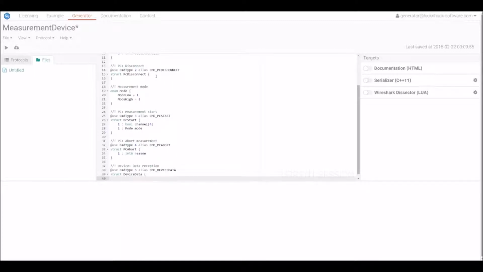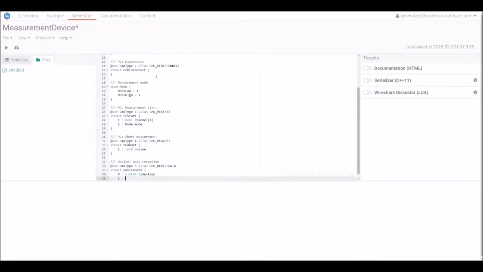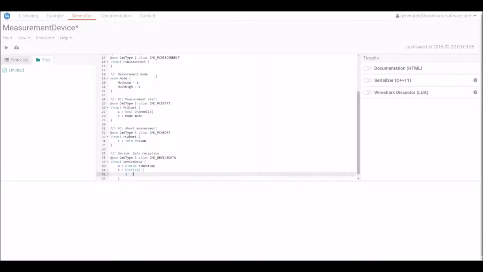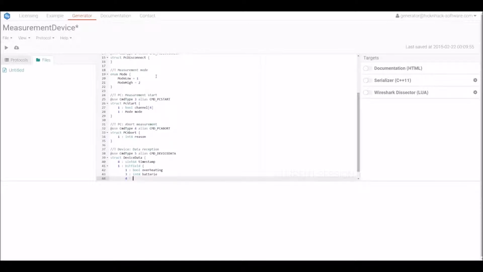So device data has a timestamp field, which is 8 bytes large. Then we have a bit field with 1 bit for an overheating flag and 3 bits for a battery state flag and 4 bits for a pending frames counter.